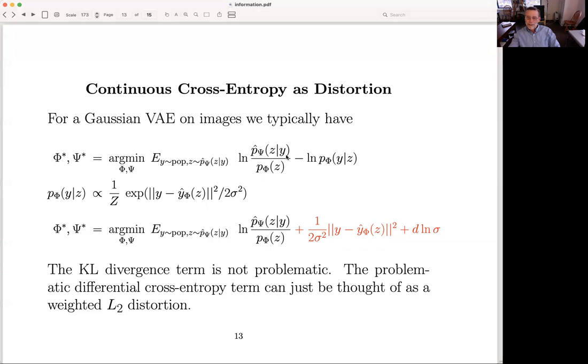And this term right here is a KL divergence. I'm sampling from the encoder and looking at a ratio of the encoder probability and the prior probability. So this term is okay differentially. It's a KL divergence. This term, however, is a differential cross entropy,